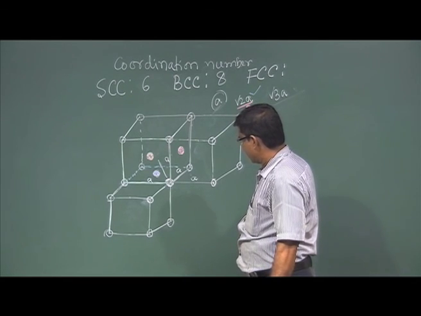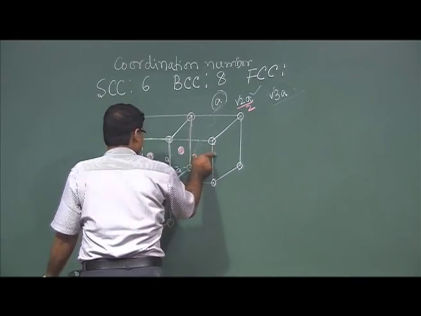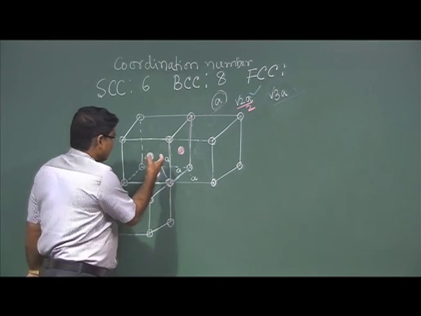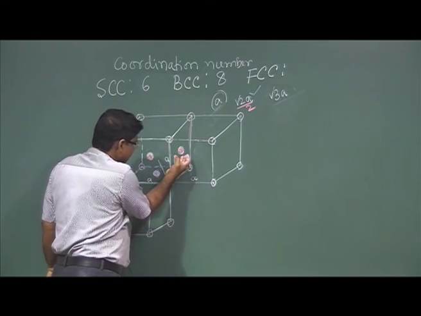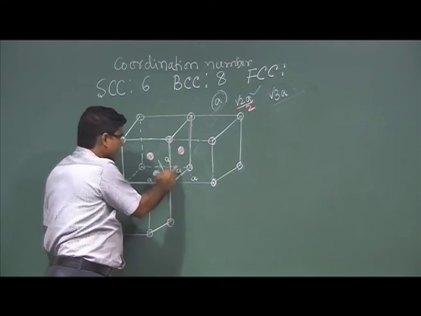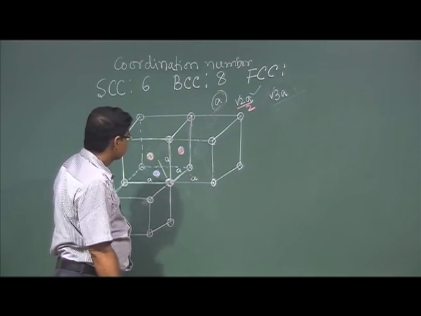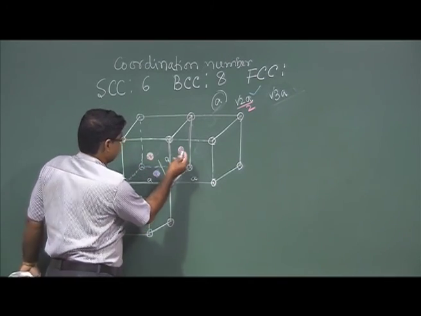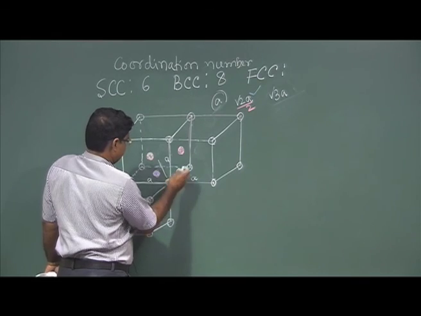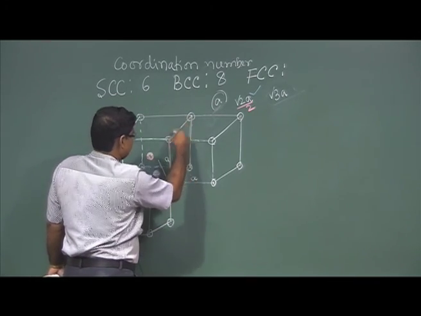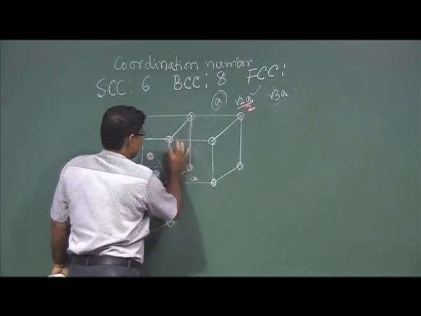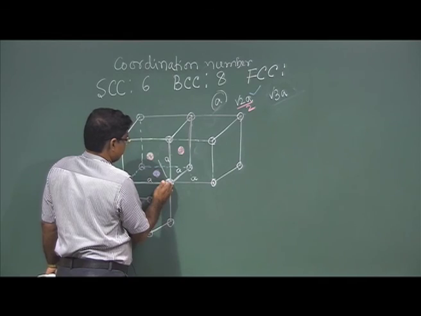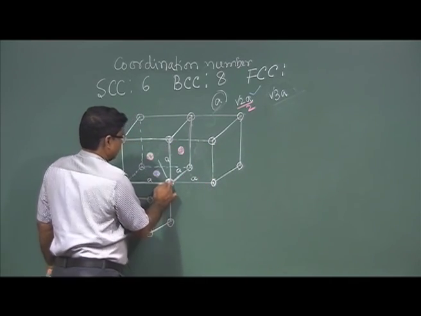So similarly from other unit cells, so we have 8 unit cells, so from each unit cell 3 faces will be attached with this one. So 3 faces will have 3 face centered atoms or lattice points. So here we can see, this face is attached for this unit cell, so this face is common, so it is attached with this, and then I can see this face is attached with this, so we will have